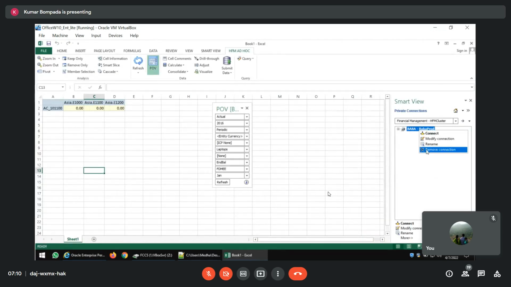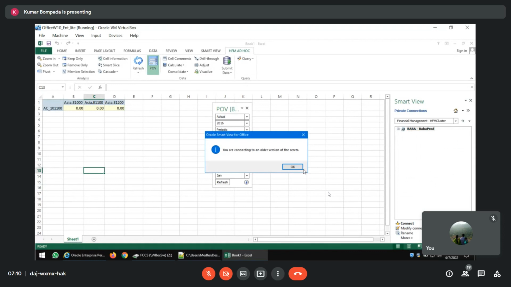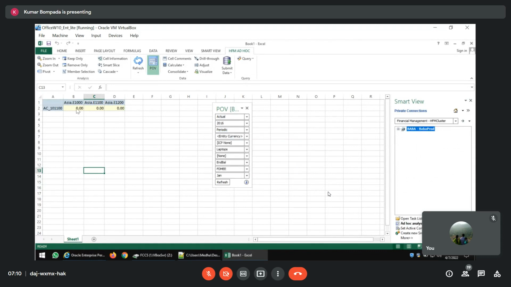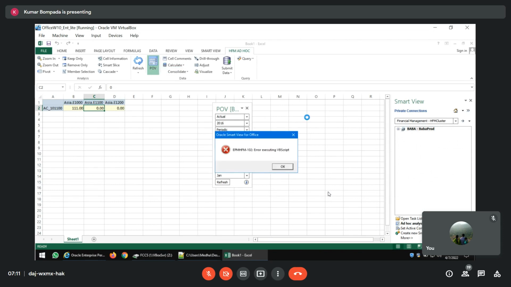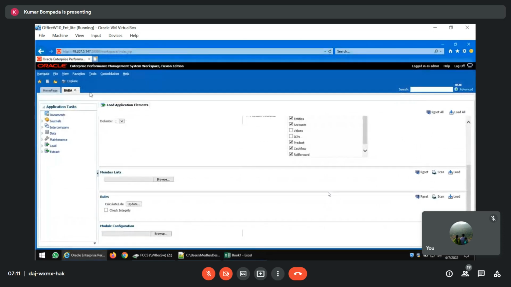Now come here, right click, disconnect, and then connect. Done. Now here, right click and calculate, it will be calculated. No error, 111. Now, when I do the calculation here, it will throw an error message. See? Error executing VB script. Where can I see this? You can see this in